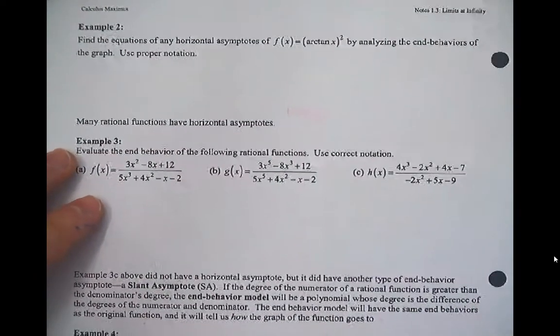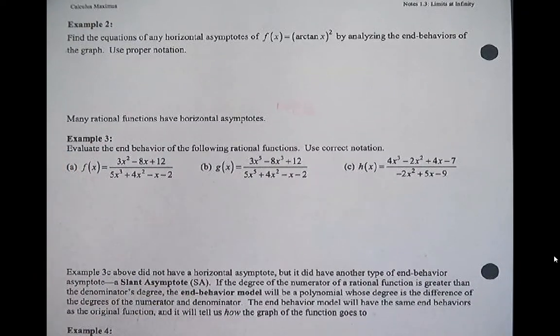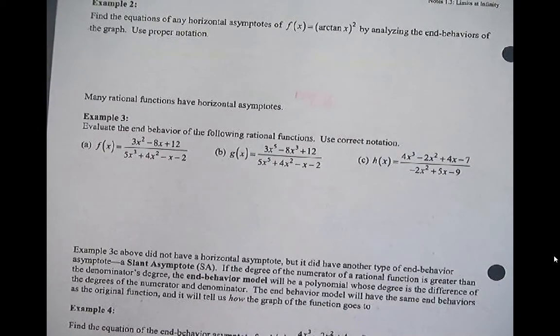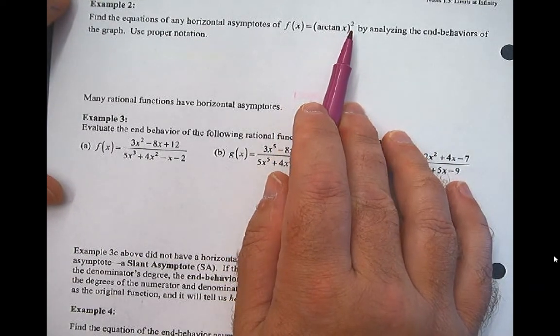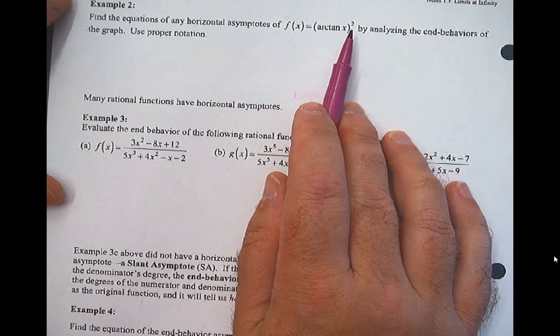All right, so here's another one of these functions that if you're an AP test taker, if you're one of the people that are going to try to go for a 3, a 4, or a 5, you would want to be able to sketch this graph from memory. So I'm going to show it to you once because I wouldn't expect you to be able to sketch it yet. So we have to talk about it before you can do it. So let's sketch first. This is going to be arctangent squared. So arctangent squared is going to be